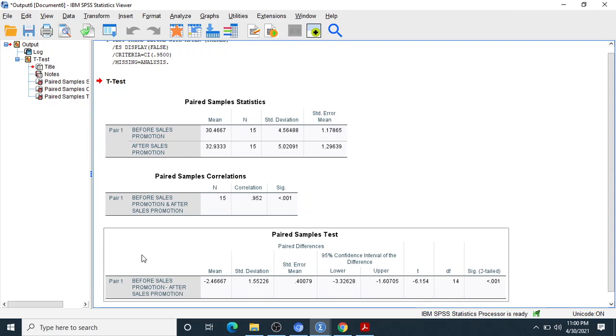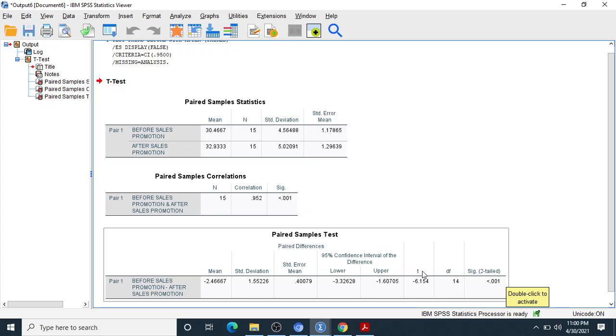Next, the paired sample test. Before sales promotion and after sales promotion, the mean difference is minus 2.4666, then the standard deviation. Let us come to these three things, because when we write our report we require these three parts.